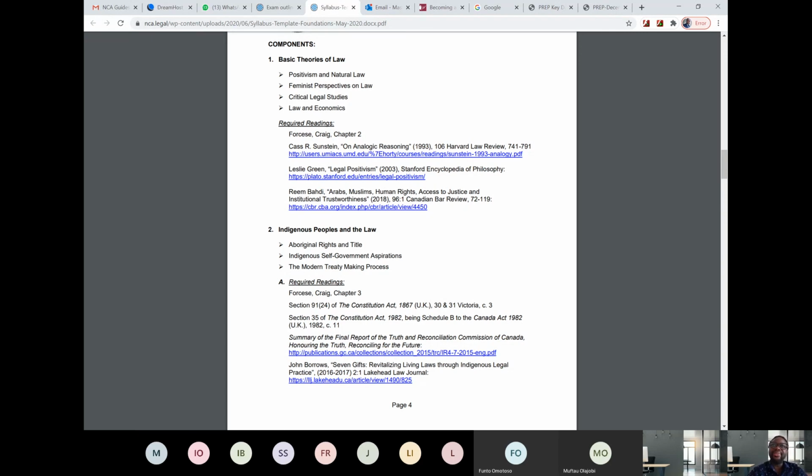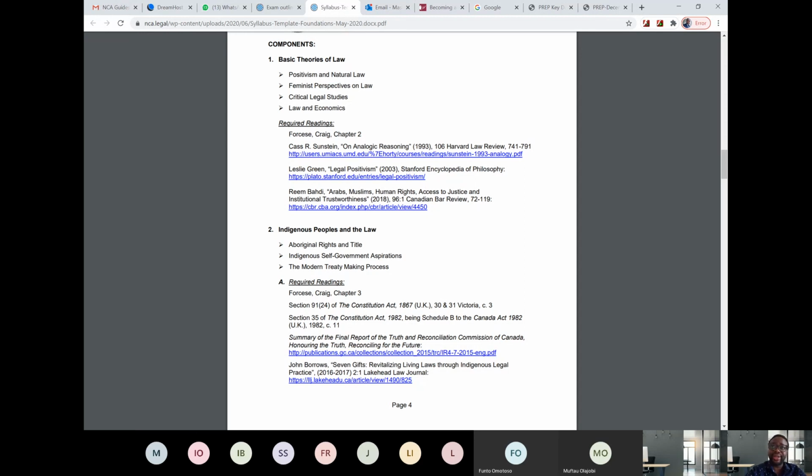We also look at the discrimination against the Aboriginal people, in the sense that when the Europeans took over their land, they were pushed to the margins, and the effect of that on them. Some of them were not allowed to practice their culture. They were taken to residential schools, and their orientation was changed completely and made them lose confidence in themselves. So we'll also be looking at this kind of discrimination against the Aboriginal people,